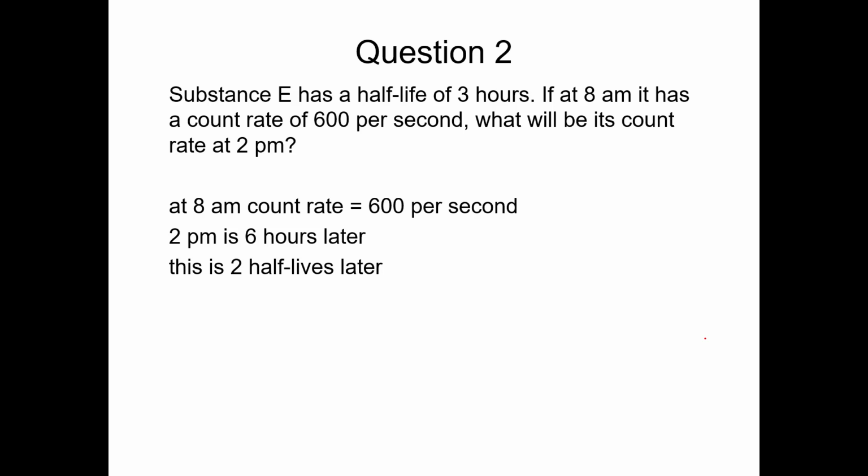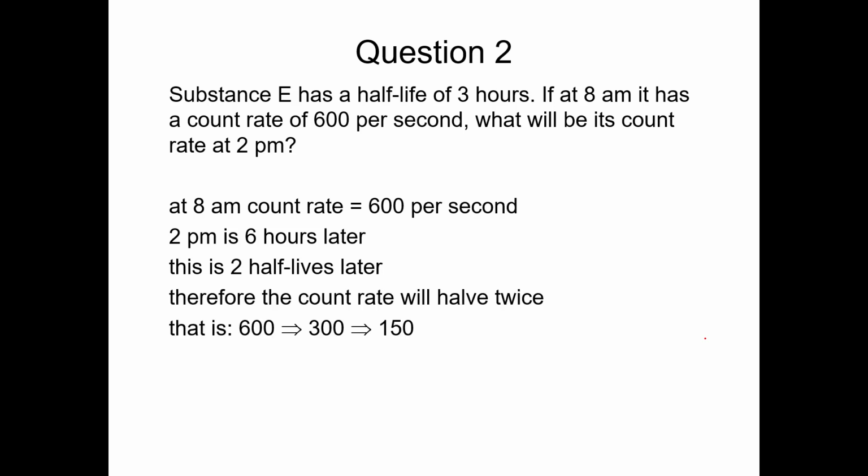So you're going to simply divide the 600 by 2 times. So we shall simply have this one as from 600 divided by 2 you get 300. 300 divided by 2 you get 150. So those are the two half-lives, and therefore the remaining count rate will be 150 per second, and that is